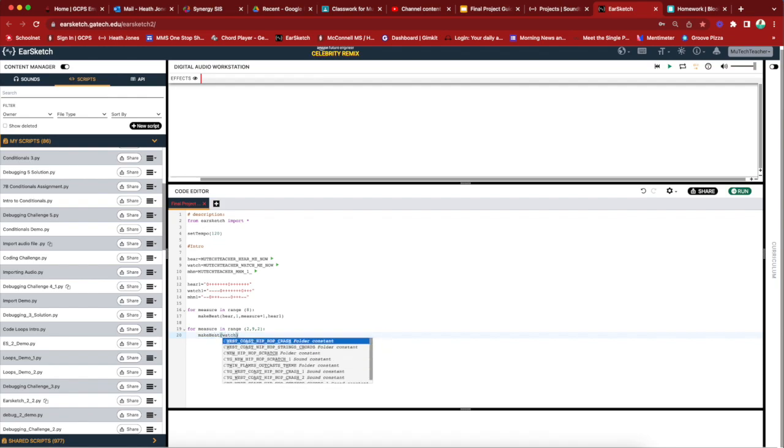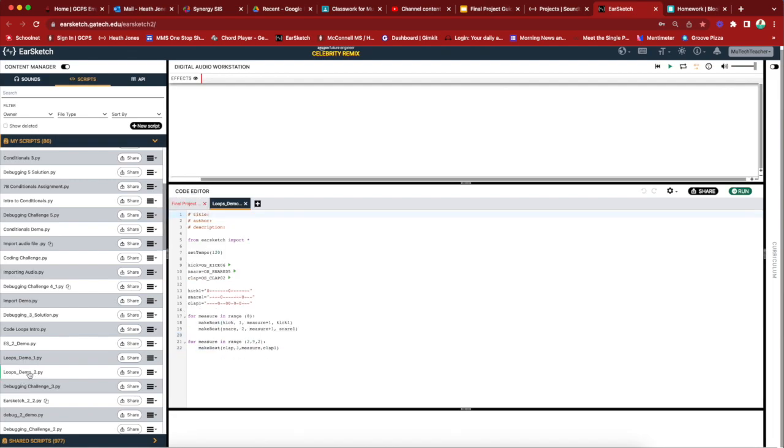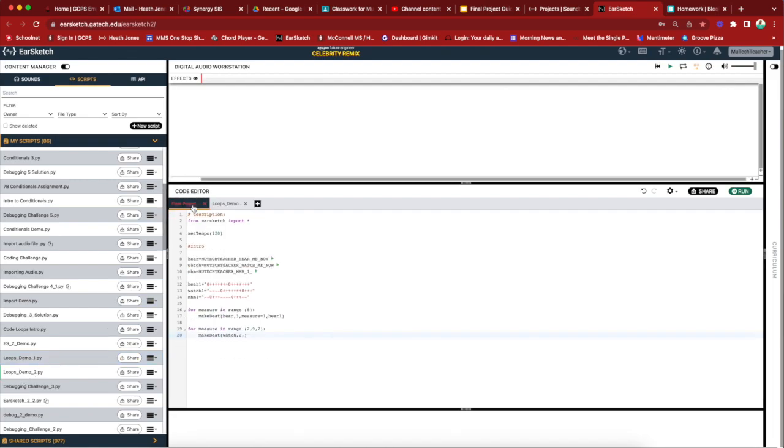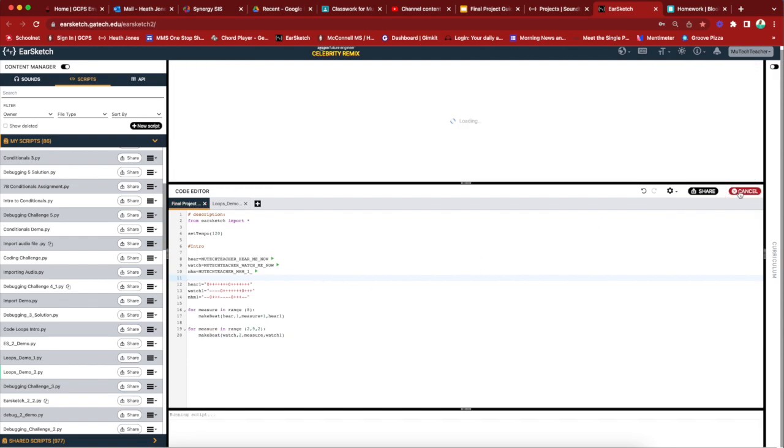This is going to be watch. I'm going to put this on track 2, and I'm going to get measure. Let me check real quick to make sure I'm doing this right. Yeah, I think that's going to be right. I'm just going to put measure here, and then I'll do watch 1. So now I'm going to just see if this is working like I expected to. So I'm going to click run,